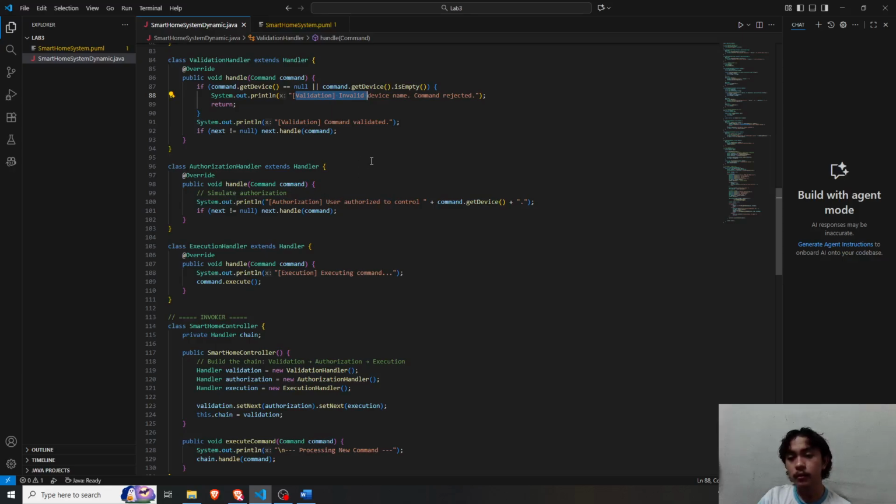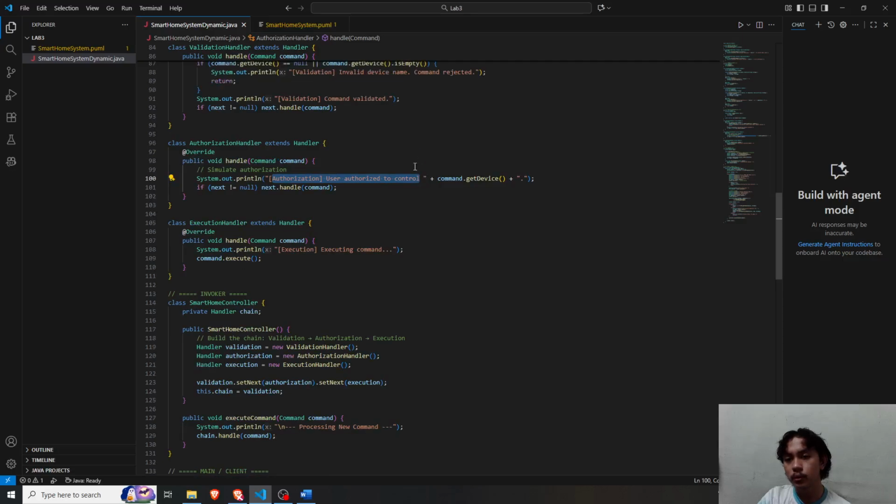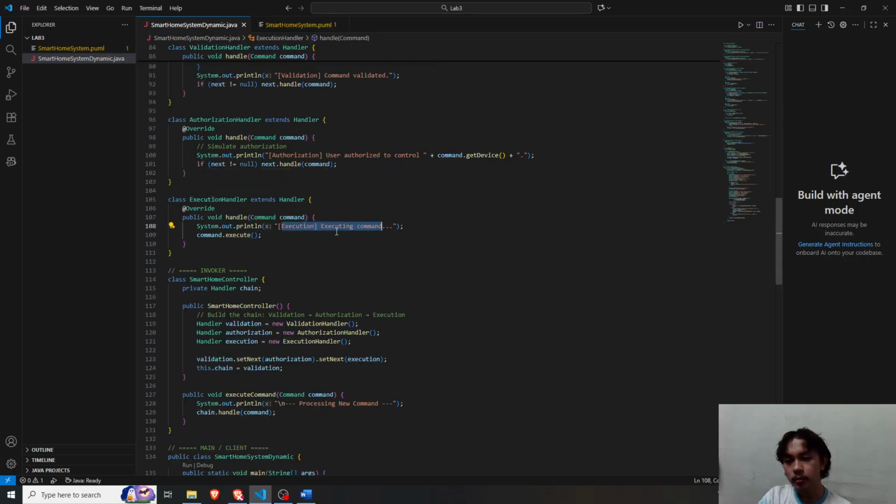For the authorization, the user should be authorized to control. I just put a prompt here for the user to know, for the output later. And the execution handler is also just a prompt.